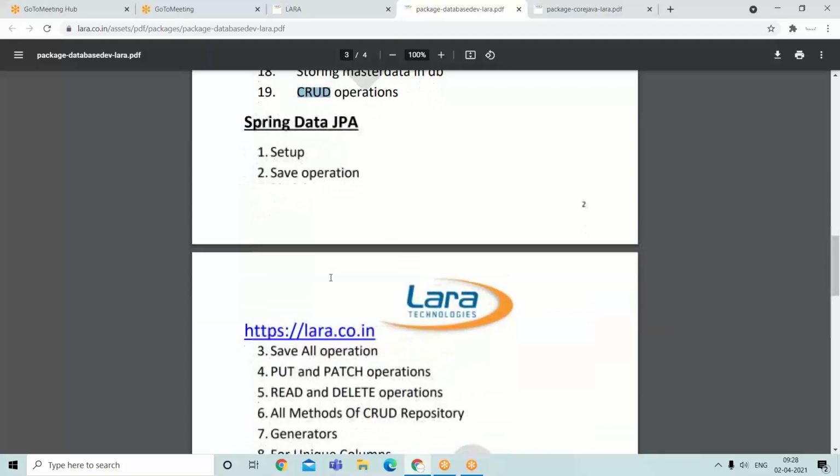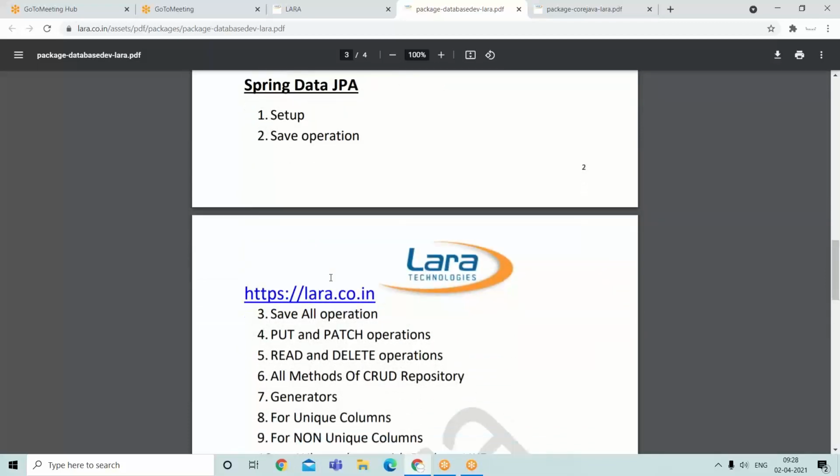The last course in this package is Spring Data JPA. You may be aware of Hibernate. On top of Hibernate, Spring Data JPA is developed. It is completely using Hibernate internally. You don't require to learn Hibernate before learning Data JPA.